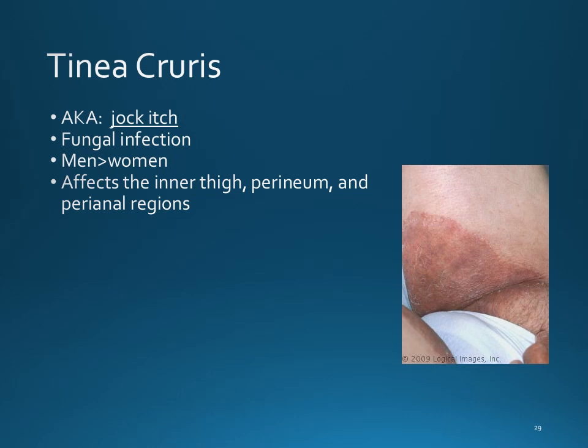All right, next one, Tinea cruris. Here's the one you're not going to be able to just let air out in public. It's jock itch. So you typically find those in the inguinal lines, which are where your abdomen meets your legs, okay, right at the hip. Those are your inguinal lines. It can affect other areas. So it can affect perianal. It can affect the perineum. Because those, again, wherever there are folds of skin and dark, warm, moist environments, it's where this stuff loves to live. It generally affects men more than women, I think simply because they have more folds.